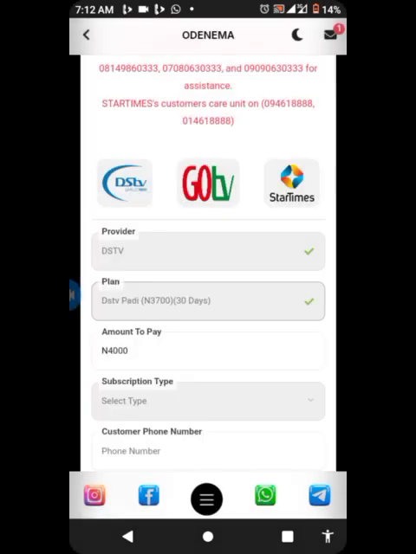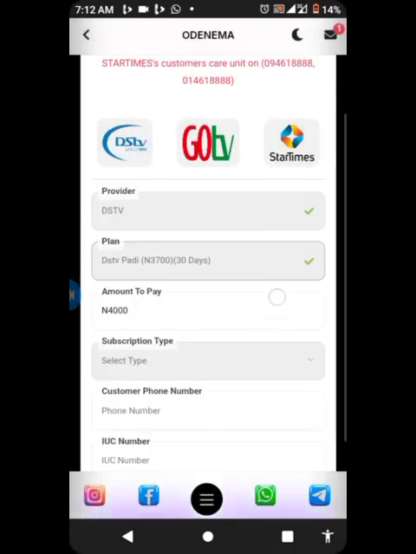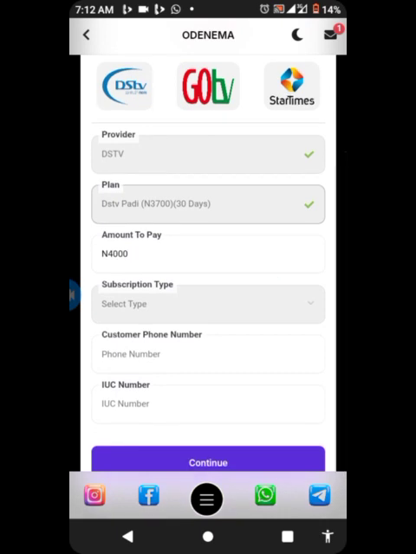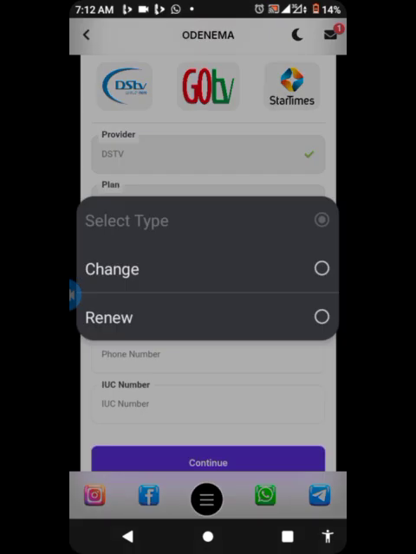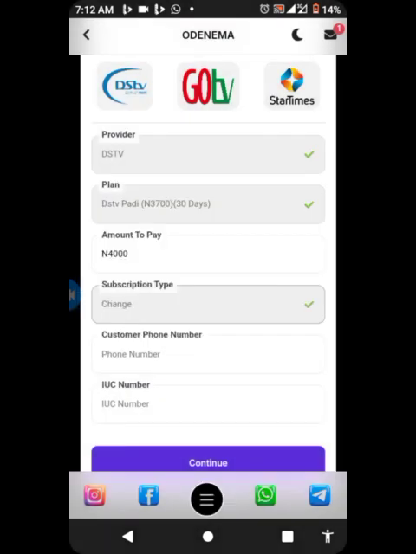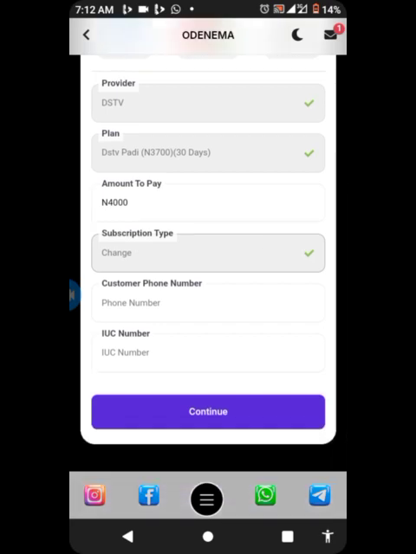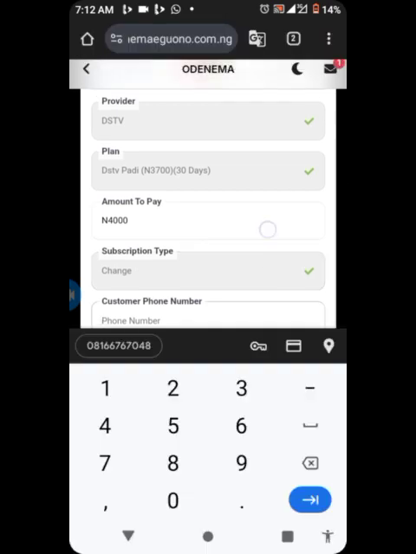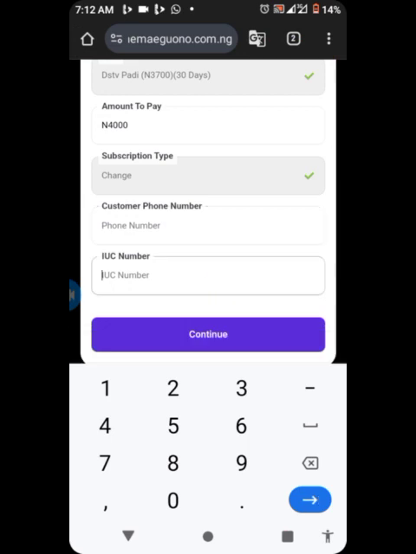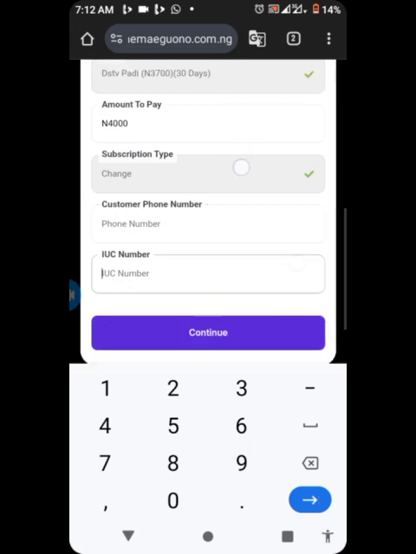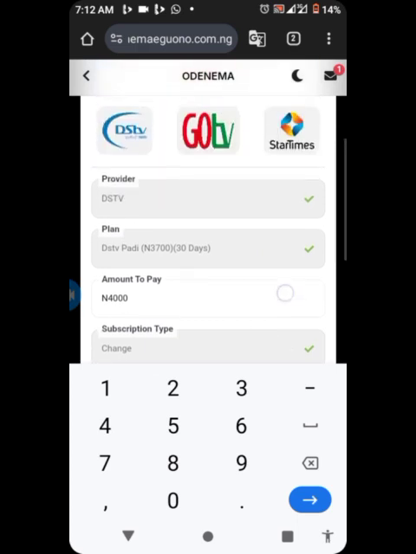So you get it on my website for 37. So amount. Okay, the plan is 37, right? But on my website, they'll get it for 4,000 naira. So click on select type. Let's assume maybe you want to change the plan or renew. You click on it. So you put your phone number, then your IUC number. Do you understand? So when you click on continue and you have money, if you have 4,000 in your wallet,